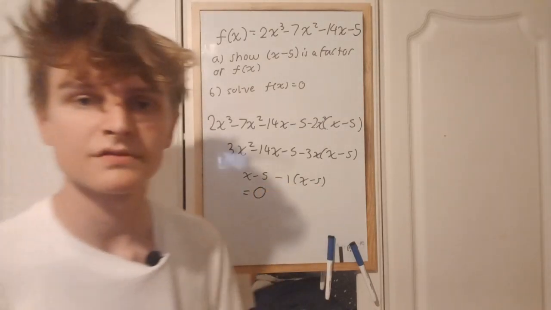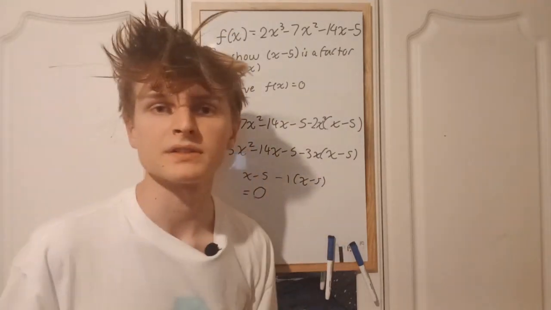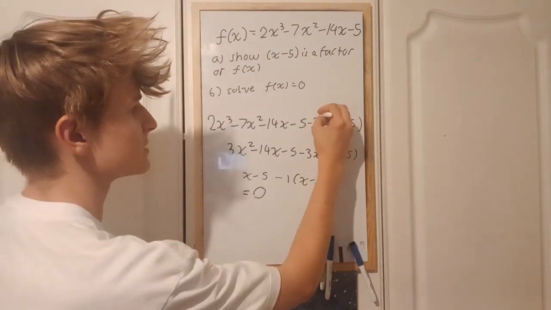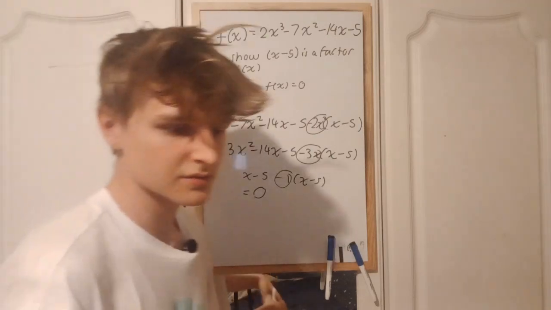And if you remember from polynomial division, when we end up with exactly 0, we know we found a perfect factor of our cubic. And we can see the factor by just looking at these terms here, and then flipping the sign. So if I just rub this out quickly,